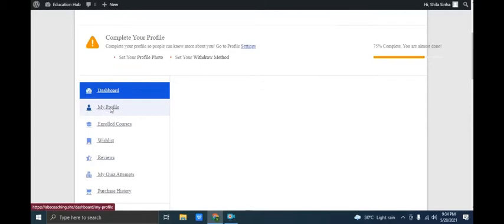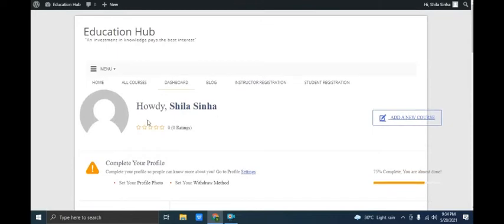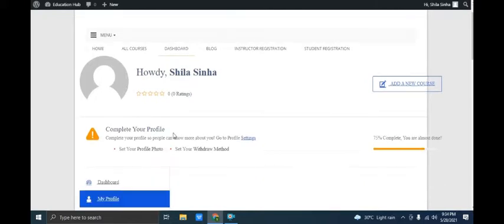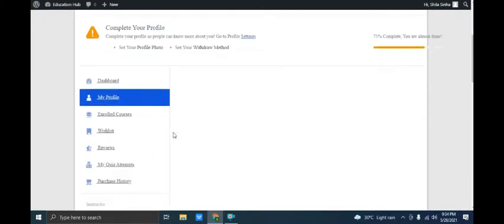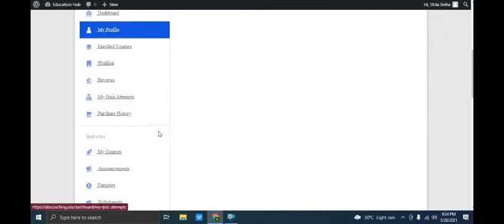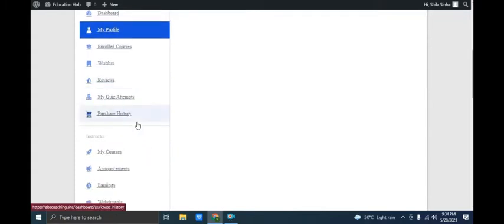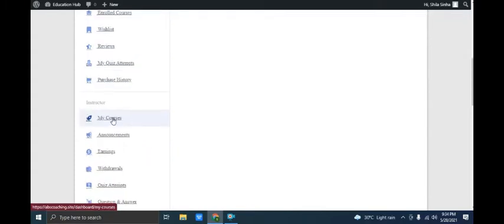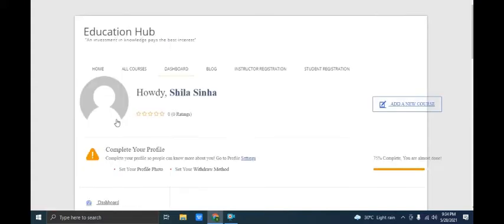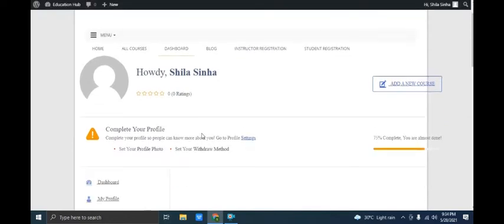After you log in to your account, now here you are already registered. This is the dashboard and this is the profile. In the profile you can complete your profile. Make the best profile you can, so that the students get attracted towards you, and you can put your photograph also over here, because after doing your courses, the students will give you reviews also. These reviews will help you to increase your market.